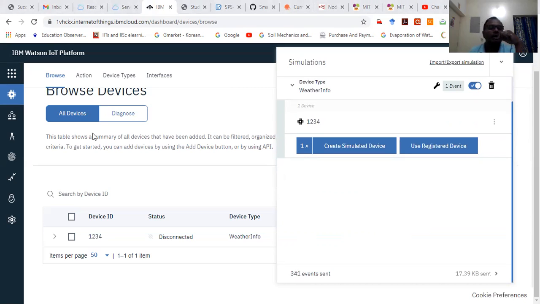After that, I have created the Node-RED. I can get the Node-RED from here.